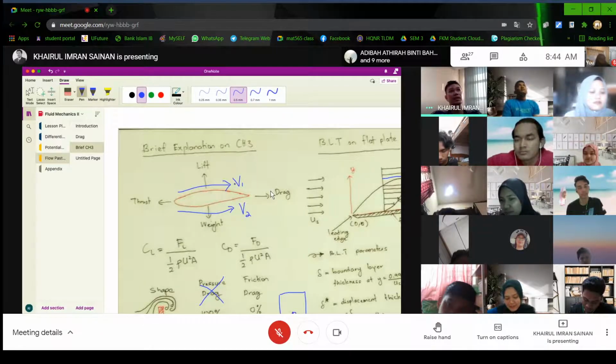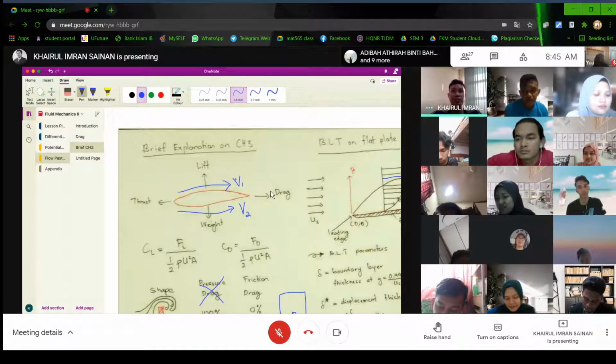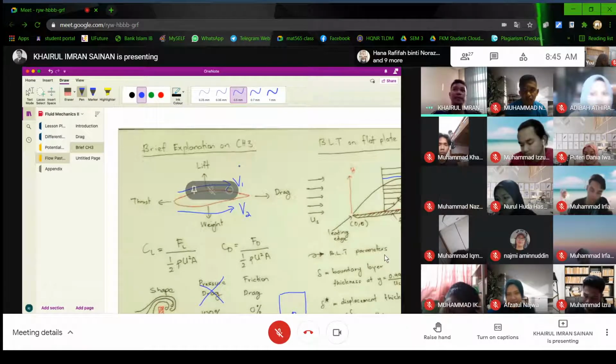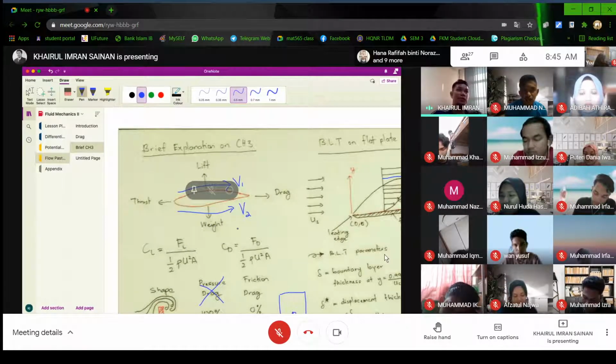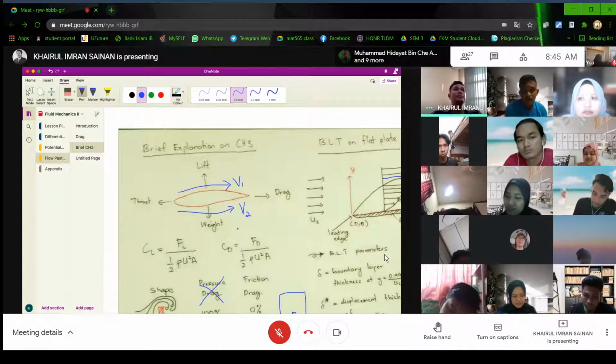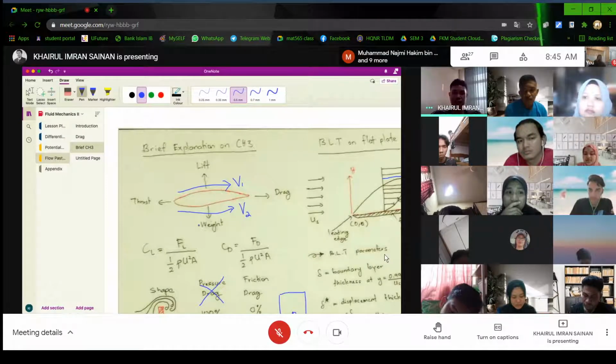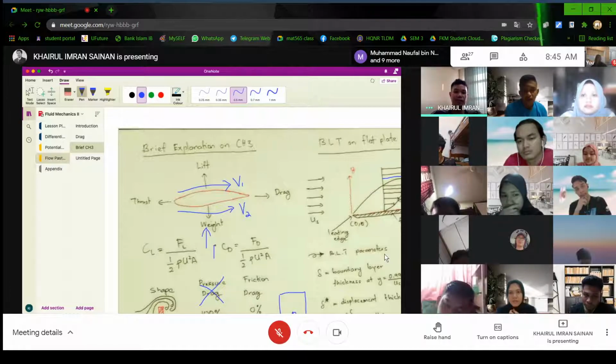So when velocity is higher at the top, pressure is reduced due to that. And if V2 is lower, pressure is increased. So when you have a difference of pressure, logically, this is the higher pressure, P2, right? And P1,